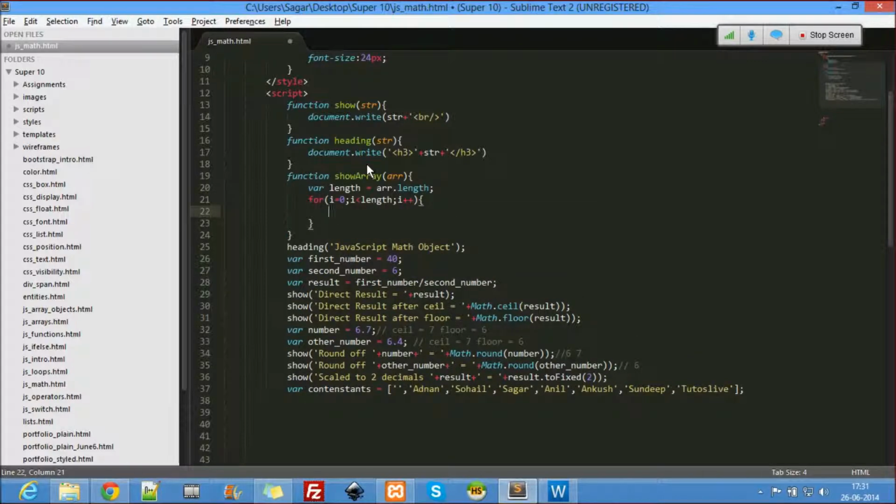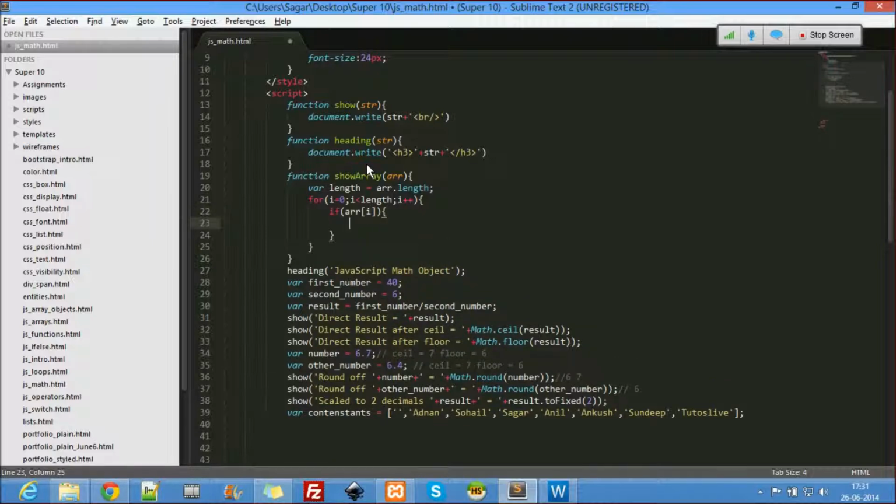Okay, i++. So here, the first element is blank, right? If something is blank, I don't want to print it. If arr[i] has something in it, then only print. document.write arr[i] plus, I just want to use a pipe symbol to differentiate the users.